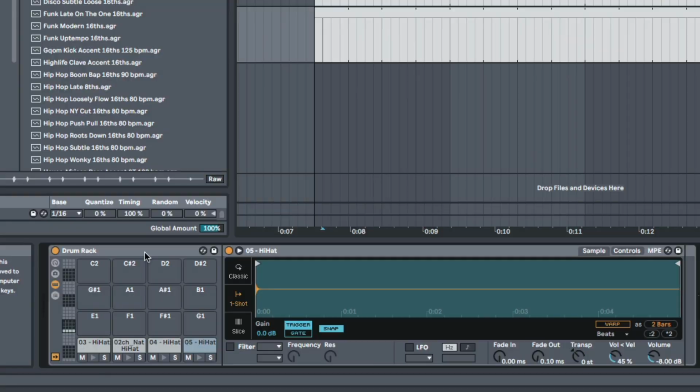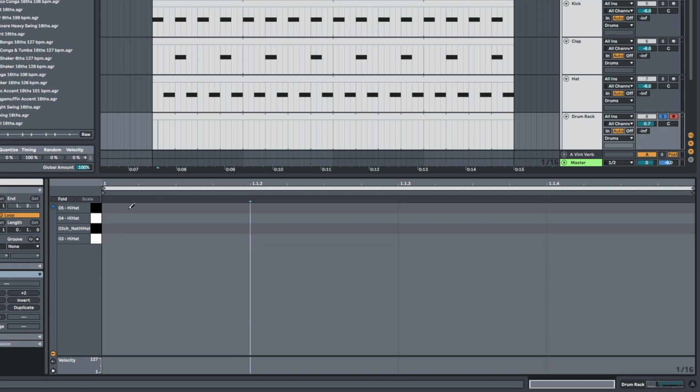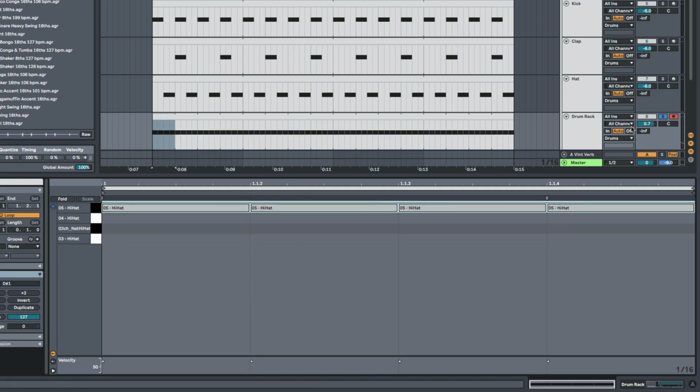So swing is just a different type of groove. We have straight grooves and we have swung grooves, and those are two different things. To explain this to you, I've got this drum rack with a few different hi-hat sounds in here, and I've selected the 16th note grid, and I'm just going to program in 4 notes. So let's just do this. 4 notes, something simple like this. This is what it sounds like if I play it with my house rhythm,